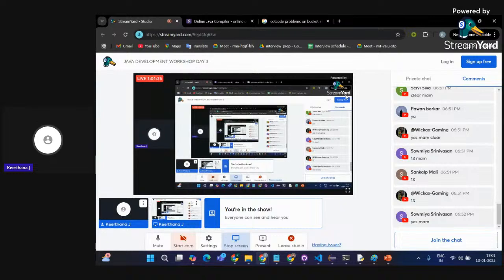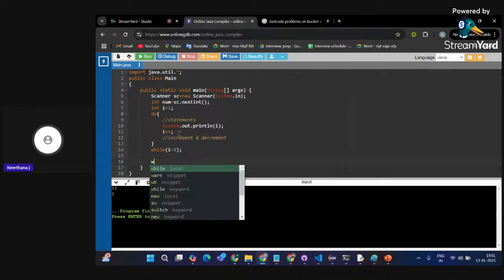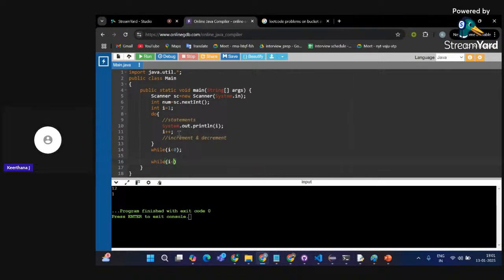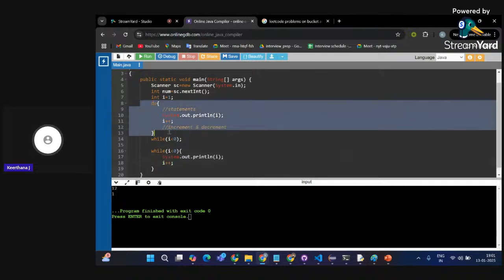Guys, are you getting the difference between while and do while? The same logic I'm applying with while. See what happens. Int I is equal to 1, while I is less than 0, I'm trying to print the same thing. Let's see what happens. I'll comment it out.